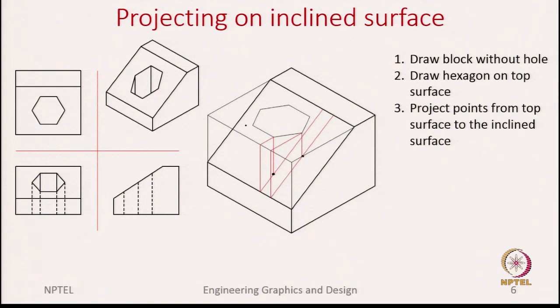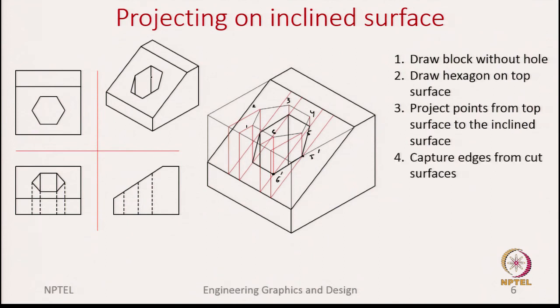Let us say these are points 1, 2, 3, 4, sorry, 5 and 6. This will be 5 dash and 6 dash. So, we join those 2 points. Similarly, we can follow the same method again to capture projections of point 4 and again 1, 2 and 3. So, once you have got all the 6 projection points, we connect them to get the projected hexagon. And lastly, we also draw these edges which represent the hexagonal cut. With this we are done showing the 4 examples.